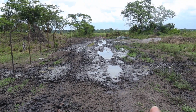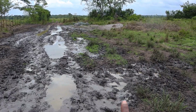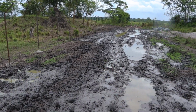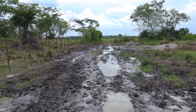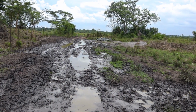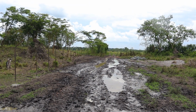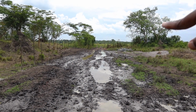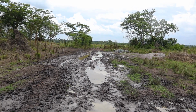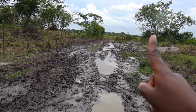This is a section of the farm that we've tried to work on, but for some reason we are not very successful because there's lots of clay everywhere. You see the soils? The soils are literally clay everywhere. That's really terrible when it comes to trucks passing, cars passing. It makes it really difficult. There's one of the spots at the front we tried to put bricks, maram and things like that, but still it sinks. And this is just the beginning of the rainy season,